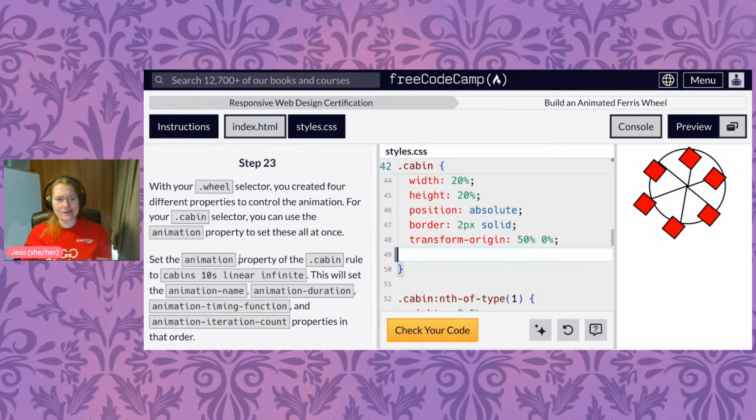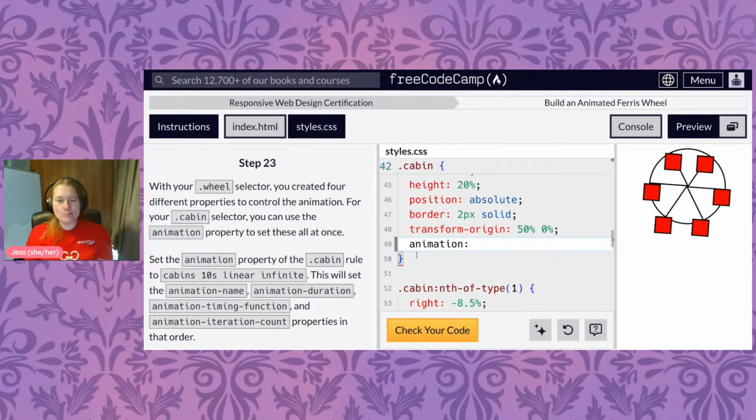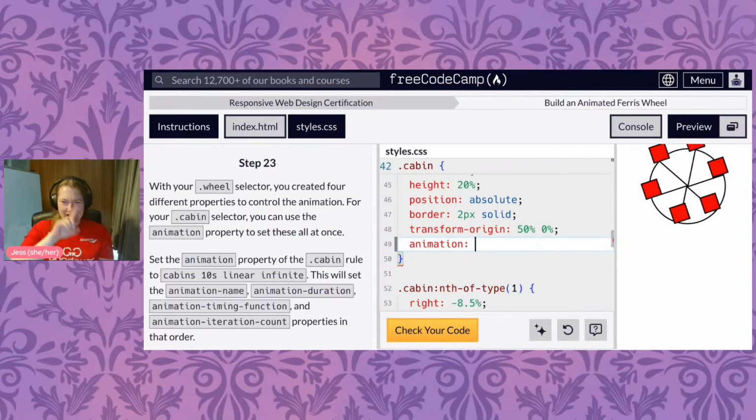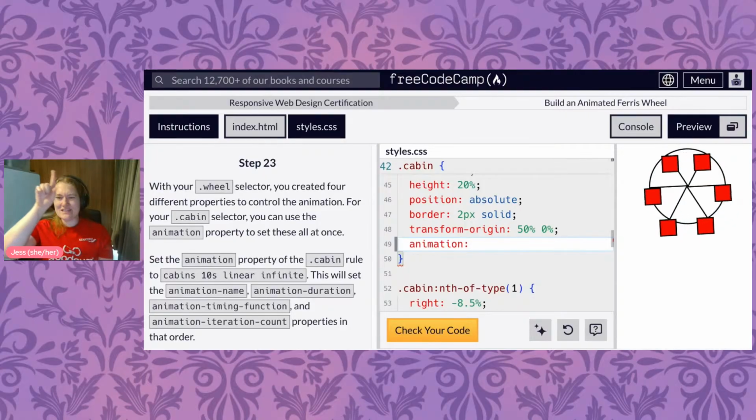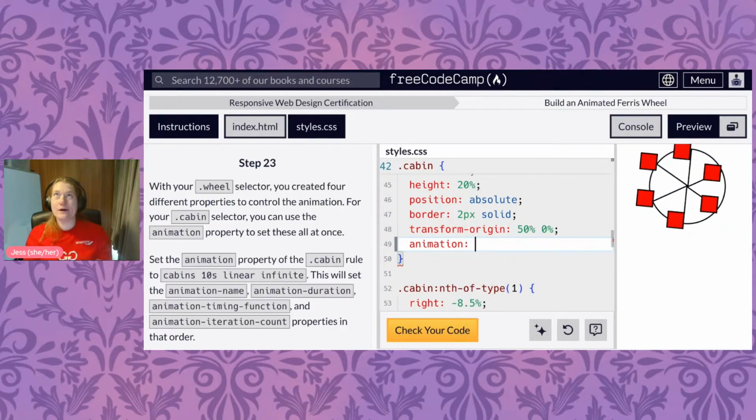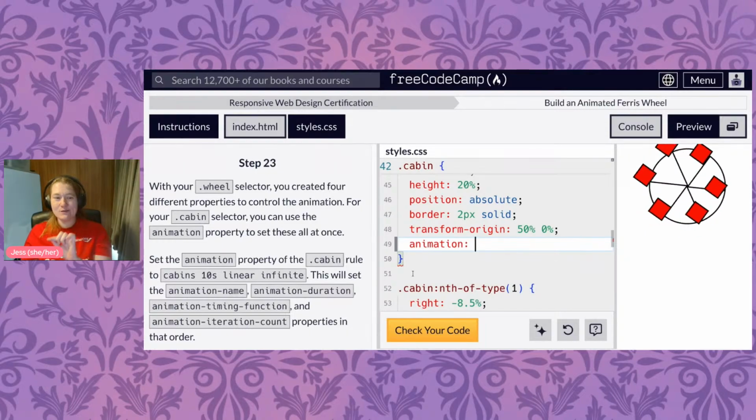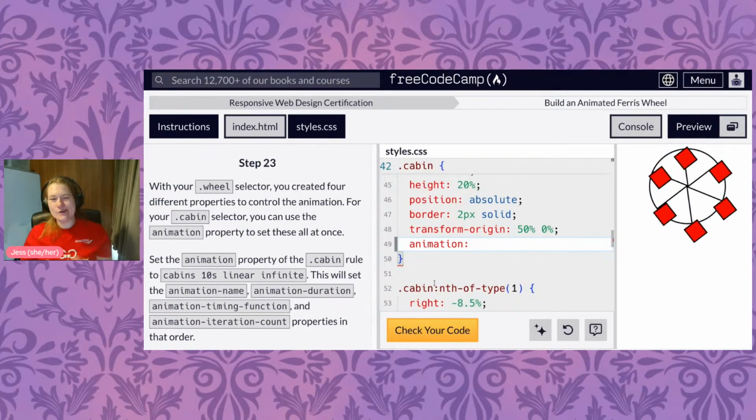Ooh, we've got a shorthand. So we can set the animation property here. Let's look at these side by side. So y'all remember how if we set padding, we can set 10 pixels, 10 pixels, 2 pixels, 6 pixels, 5 pixels. We can set a shorthand to set top, right, bottom, left. We can also use a shorthand like this in setting animation. So if we set the animation property to cabins, 10 seconds, linear, and infinite, what it's going to do is